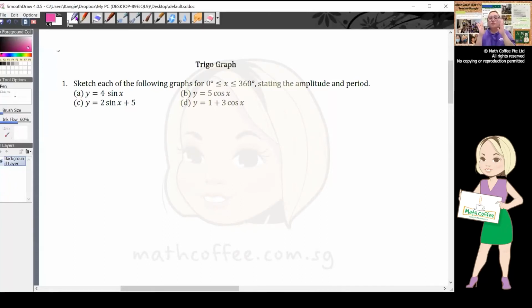Okay, we're going to draw the original sine graph first. I will be a bit nagging. It will overrun definitely for today. Okay, if I'm going to draw for the basic, which is y equals sine x, this is the